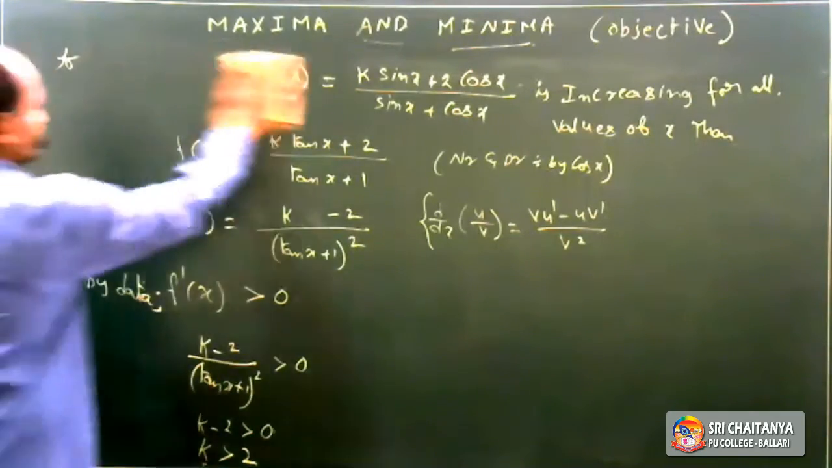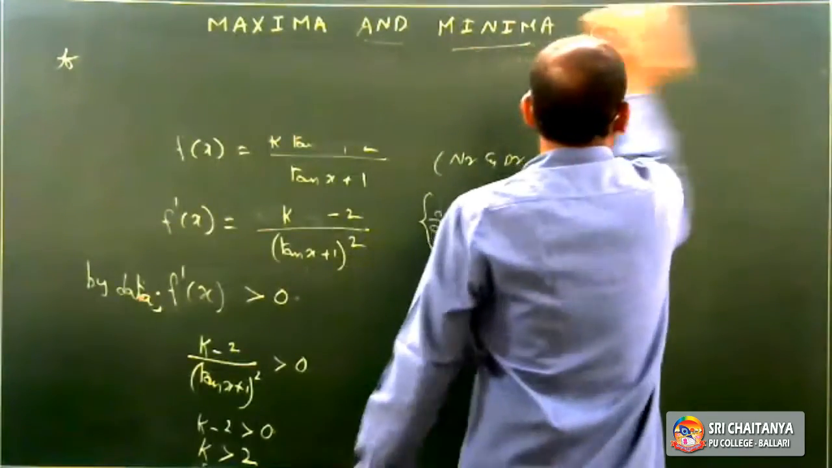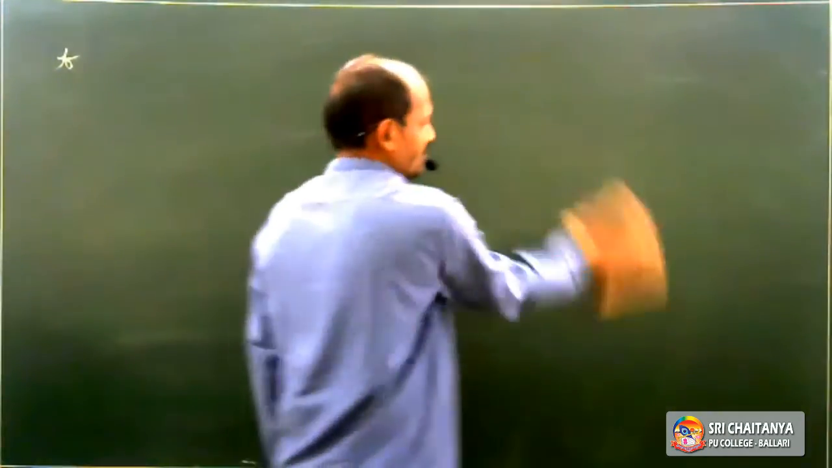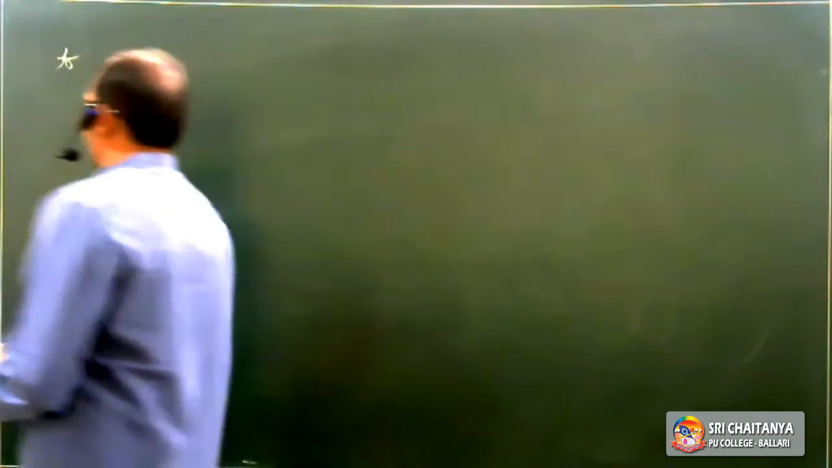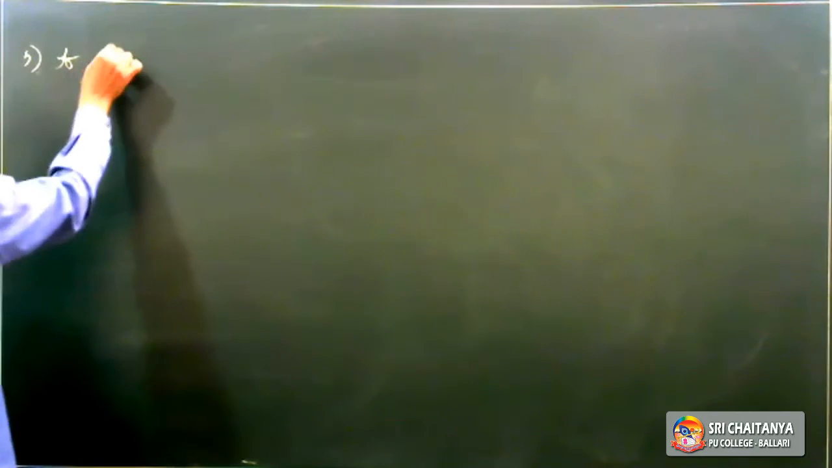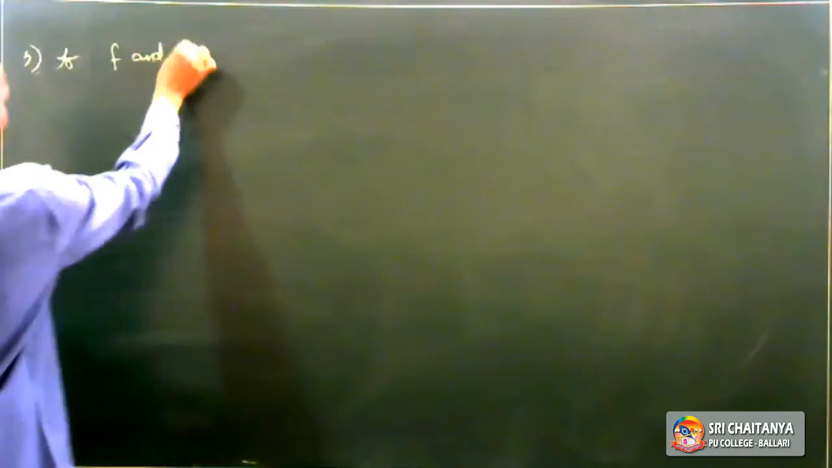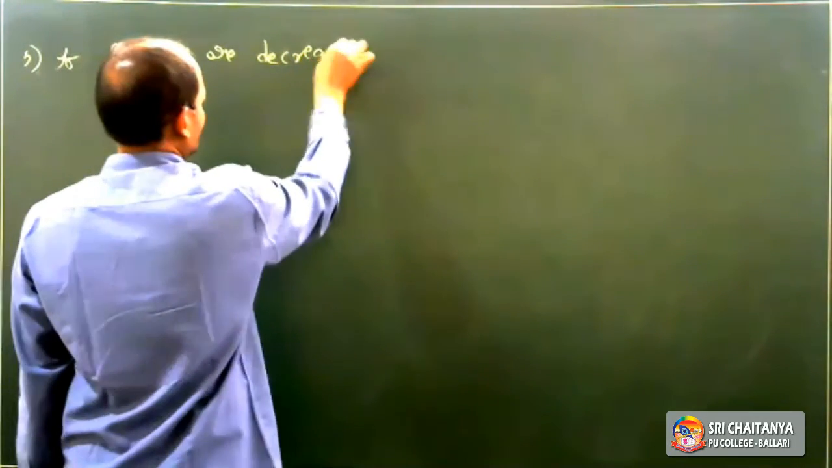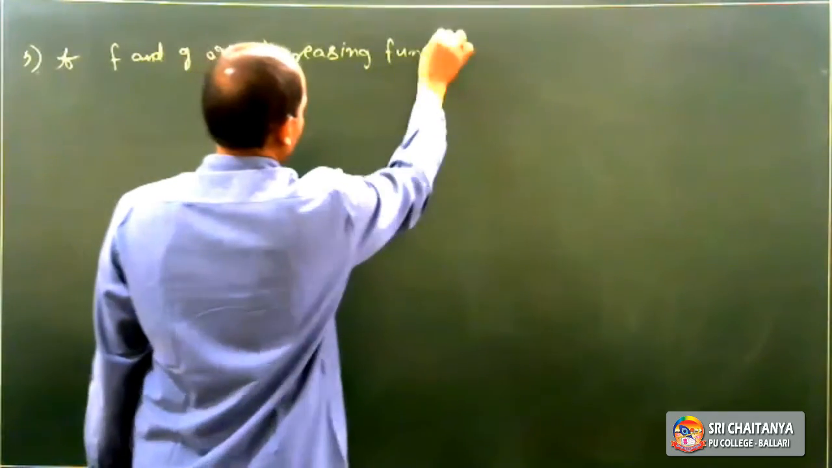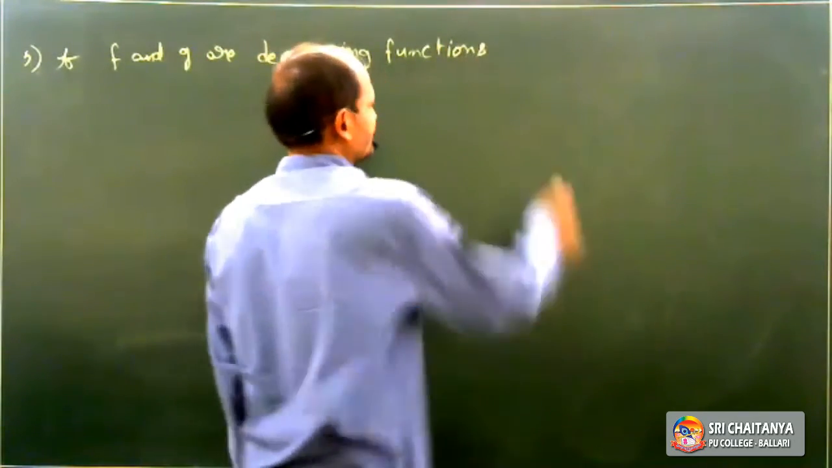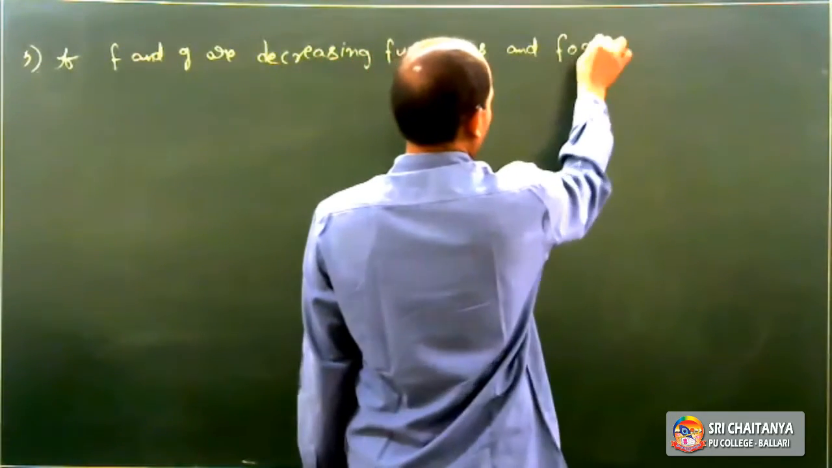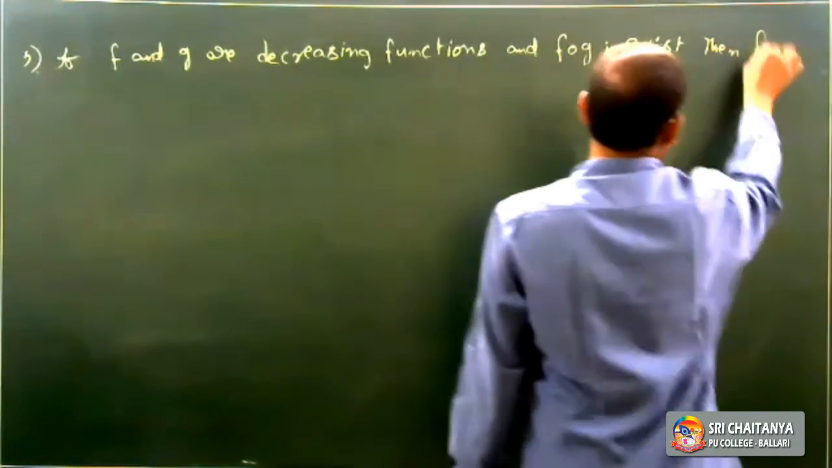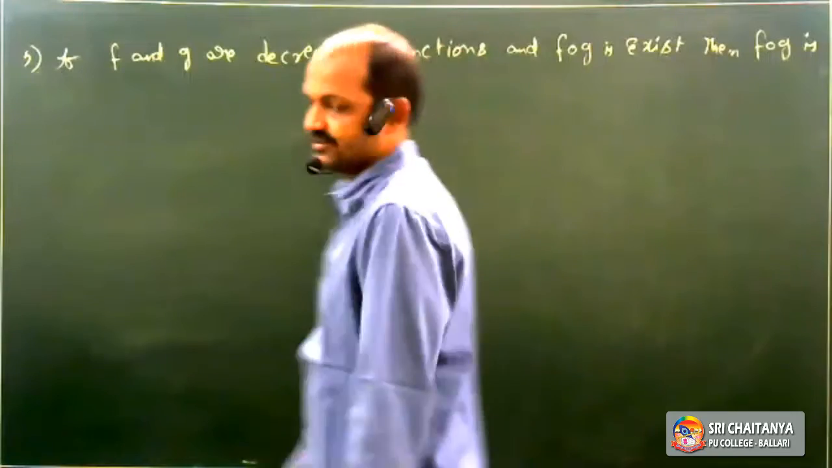Okay. Write the next question. If f and g are decreasing functions, and f circle g exists, then f circle g is...